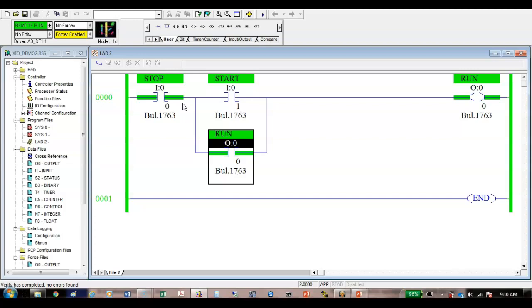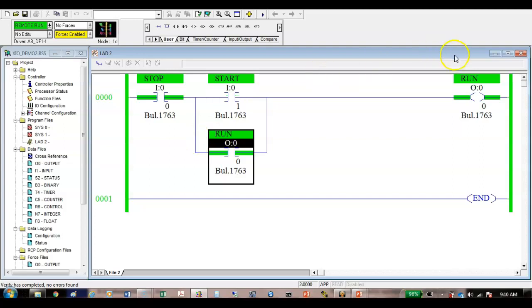People that have had motor controls, this is one of the hardest things to teach. They don't really understand. They want to see it as a normally closed and a normally open contact instead of an examine if closed and an examine if open instruction. Now here, this makes no difference. This is not being controlled by an input. Where this is really critical is when you have this thing hooked up to an input port. And if you're using a normally closed switch, then odds are you're going to be using the examine if closed instruction, right? You understand? So this guy here is closed, but now when I come up here and start it,